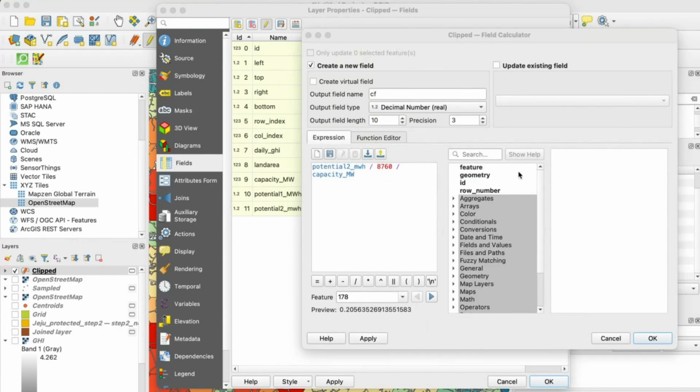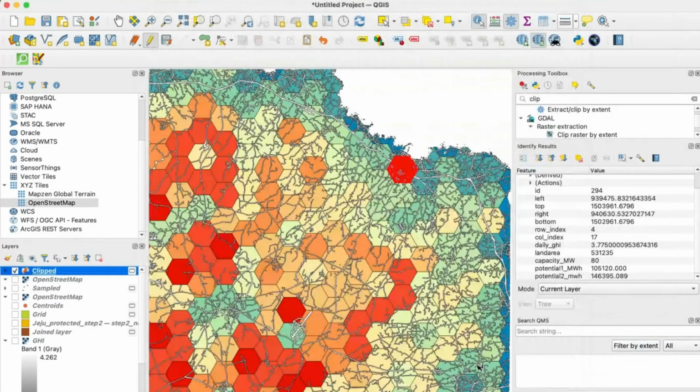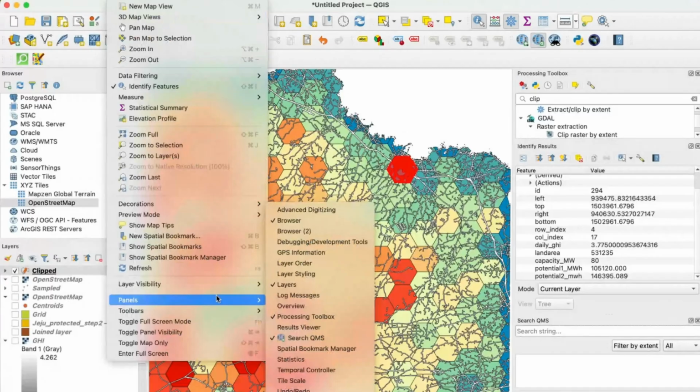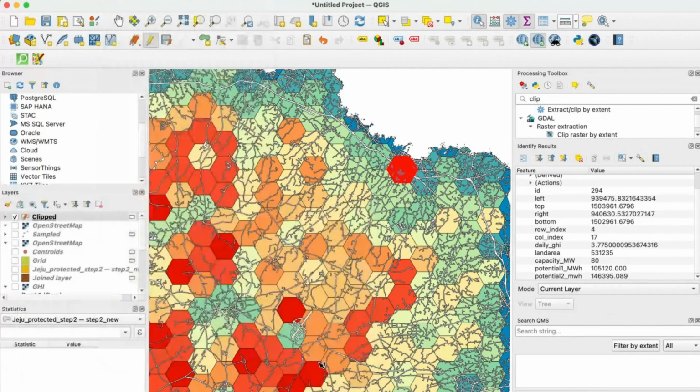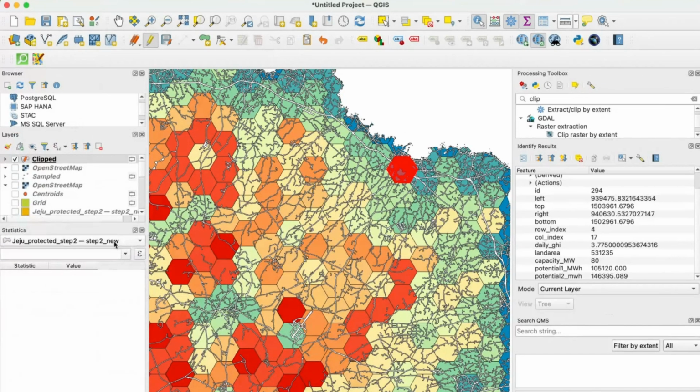Okay, then now we can run it. Then we have a capacity factor here. Let's see how the capacity factor looks. First, we go to View and then go all the way down to Panel. And then we have Statistics. Click it. Make the other part a little smaller so that you can see the values more clearly. For the statistics, we are going to choose